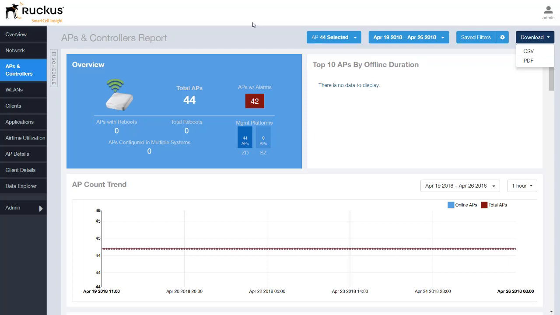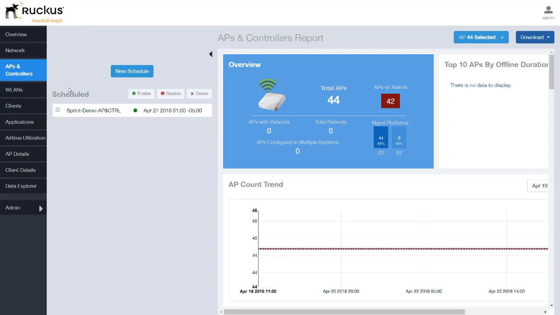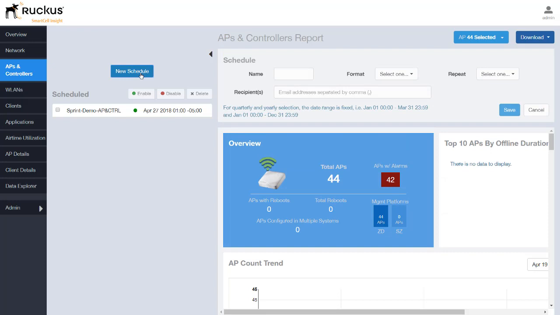Now, one last thing to cover here before we go is the scheduler. So you can set up scheduled reports where you can set this report up of whatever it is we're viewing here, and we can create a new schedule and schedule this to run at periodic intervals. So this again is this report. You give it a name, you give it the format, whether you want a PDF or CSV, and you can